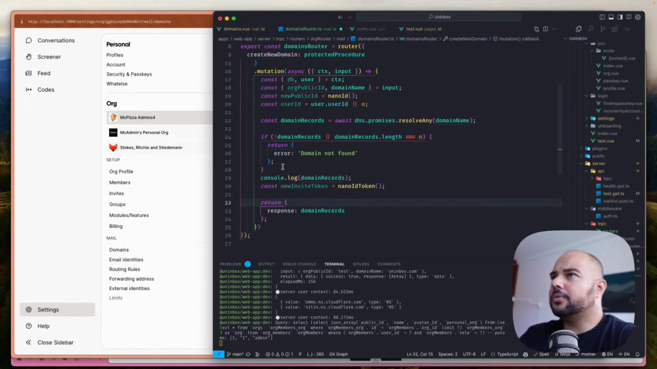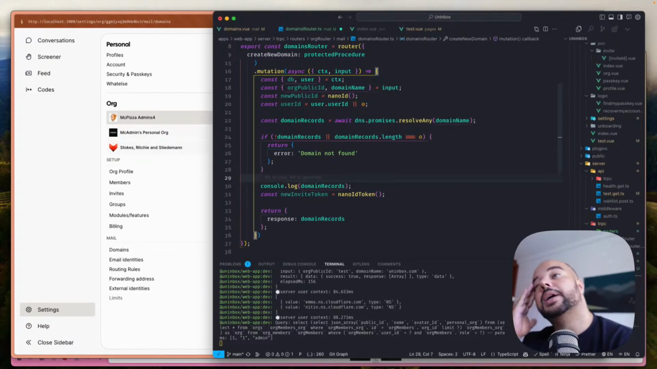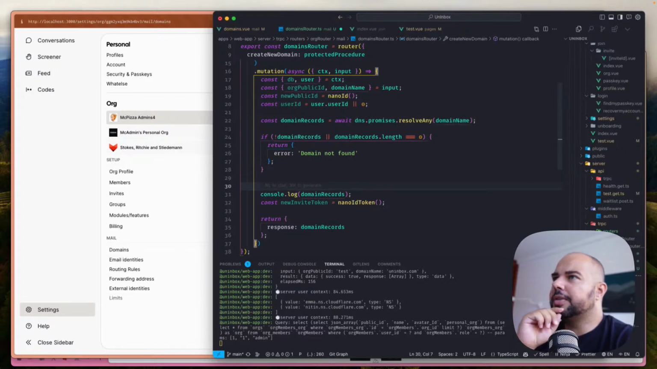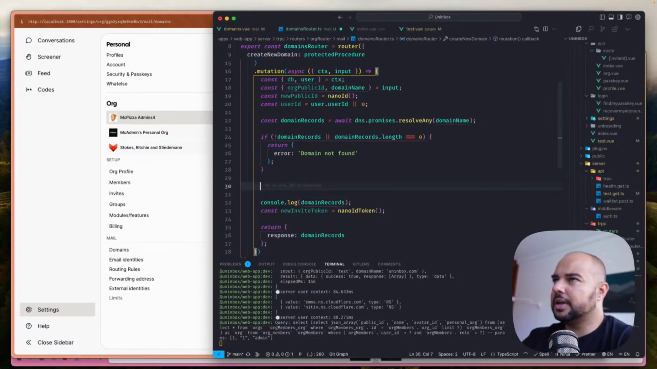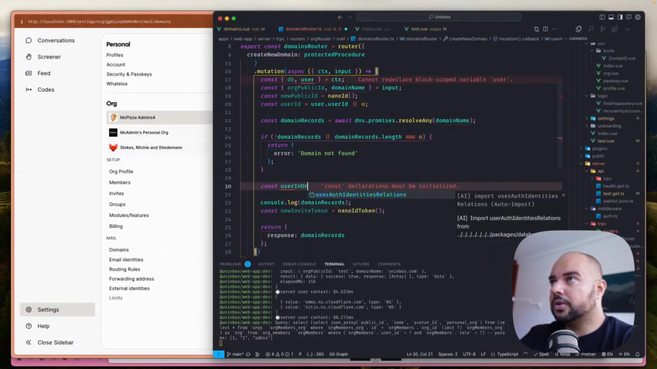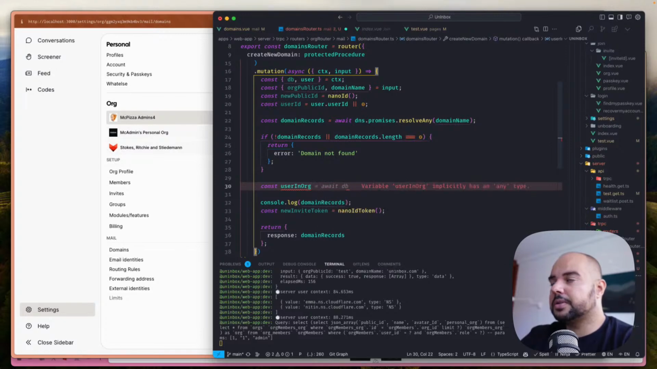So then the next step of what we need to do right now is we're going to want to verify that the user has access to the organization. That's something actually that I need to work on. I think I'm going to need to create some other kind of cache or query or something. But for now we can say user in org response